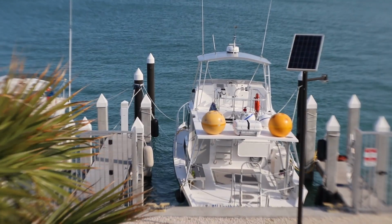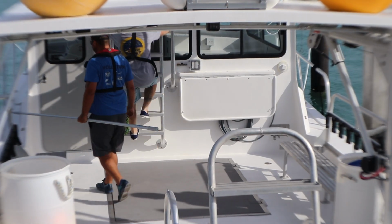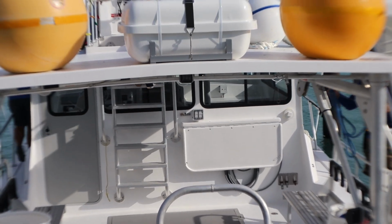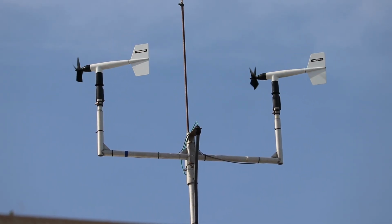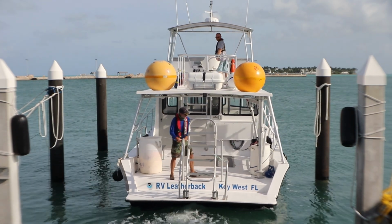The ergonomics of work have been positively changed to a level that I have not seen in this profession. It allows for the safest, most efficient way of actually performing our job as a work platform. The RV Leatherback is taking us into the next century as far as us being able to do our work